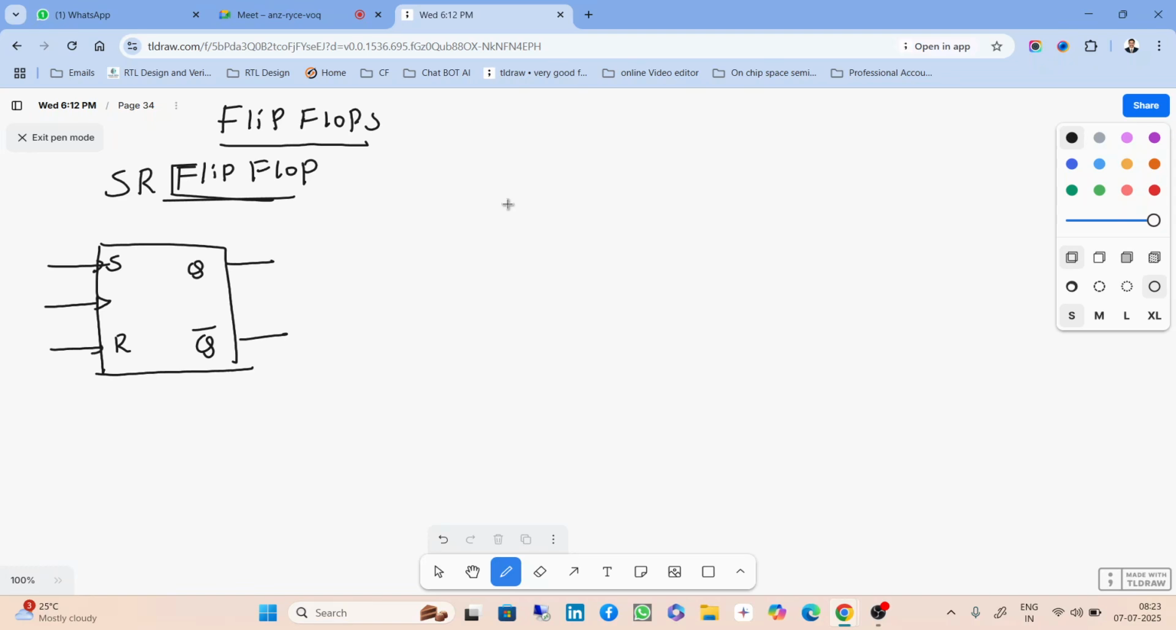If you see the logic diagram, one NAND gate, another NAND gate. To these two NAND gates you are giving S and R and a common clock for the two gates. Again, this is given to